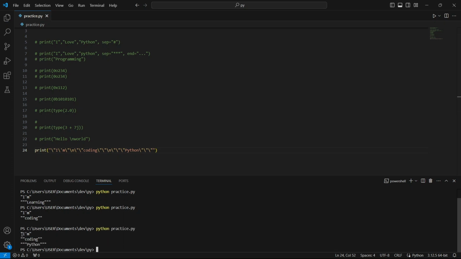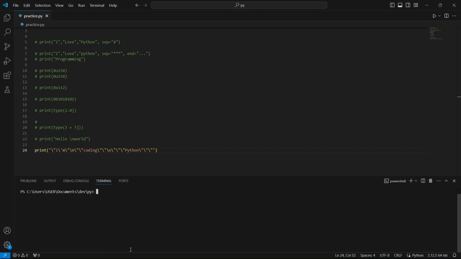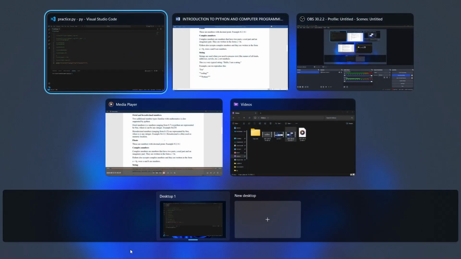Viola, we've gotten that. I am coding Python. So if you got this on your own, thumbs up to you. But if you didn't get it, just practice it. I will advise you to practice things like this. Give yourselves assignments and also practice more of these kind of things so that you become very, very conversant with